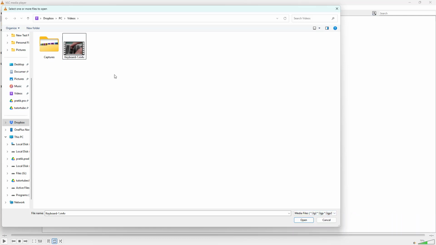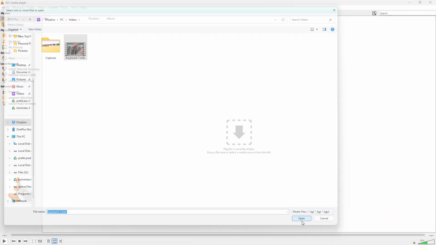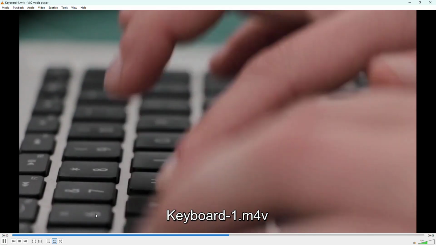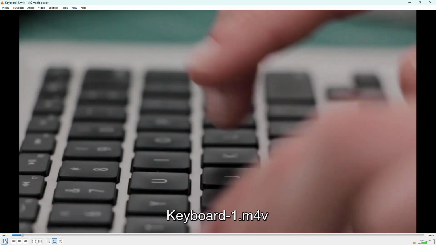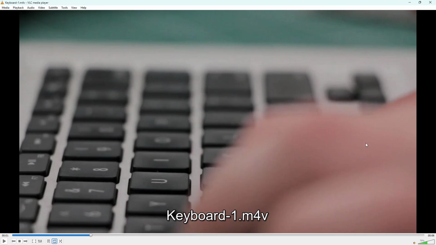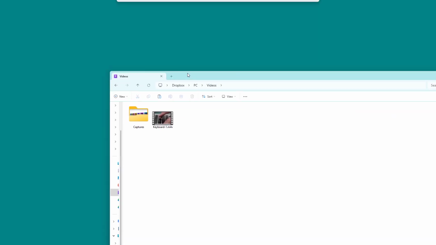So if I were to select this and click on Open, then what happens is that this is what you have. The media actually plays out. So you can go ahead and stop right here and then play it once again as well. So just like this, apart from that, what you can also do right here is go to any particular folder